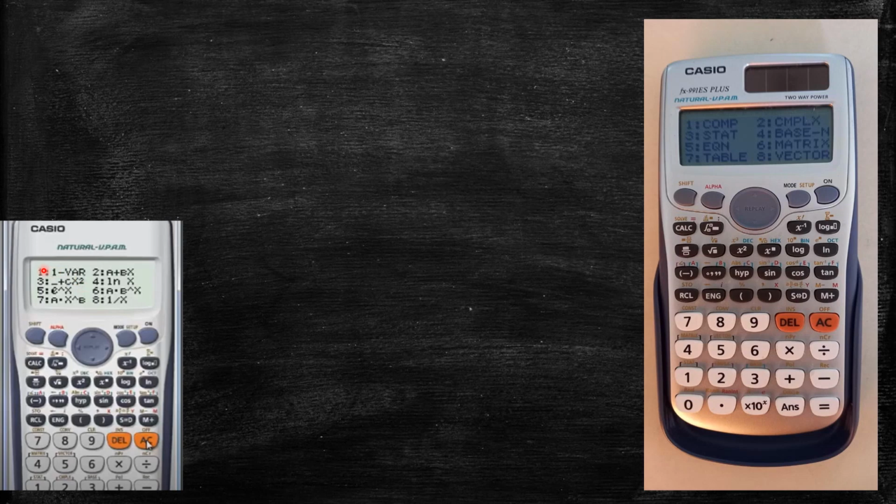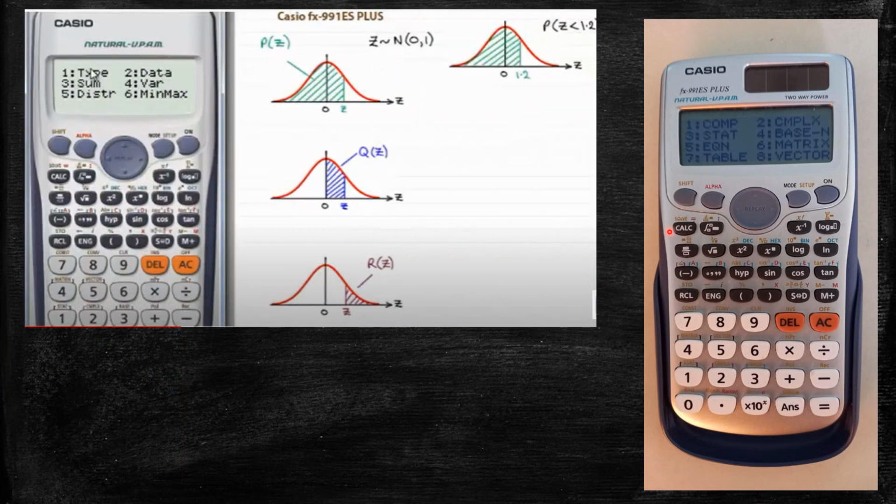There are some more operations under statistics, which you can get by hitting shift 1. This 1 key's secondary operation is statistics. By pressing shift 1 you will get some more operations, these 6 operations. Now we want distribution, so we have to press 5.